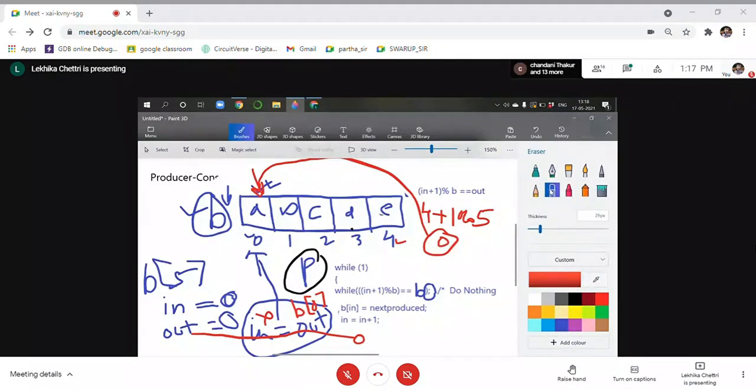So now let us see here. Consumer has consumed this, and this situation has occurred. I'm here, fourth location, 4 plus 1 divides 5. It will give me 0. So it says that my first full is this one, but now this is free. So I can insert my value here, because in this case this one is my false. That means to check, what loop do I choose? While. Okay, so I choose while.